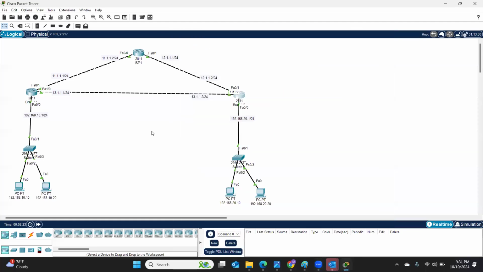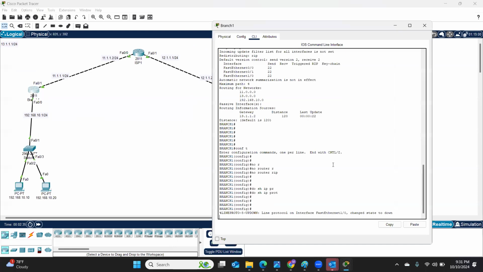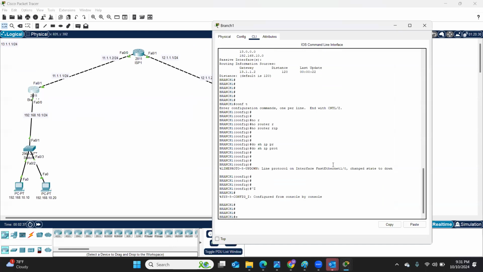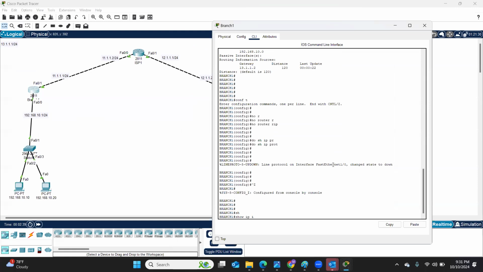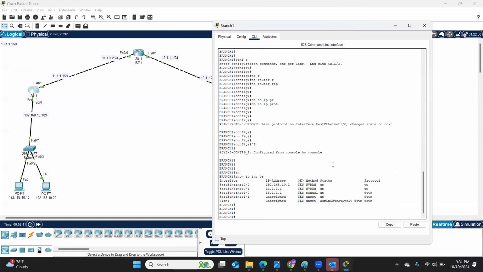So we'll have connectivity. I'll explain the topology. This link, for the time being, we don't want. So this is a previous lab, just how I configured the interfaces. Show IP interface brief. I have configured towards this interface